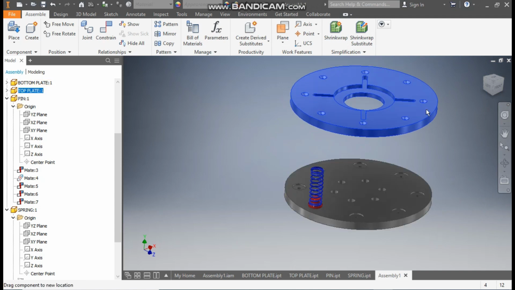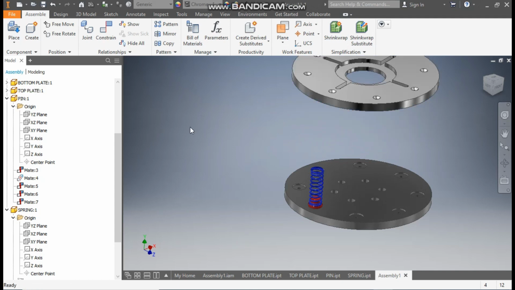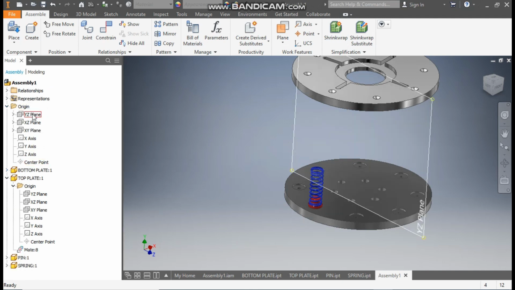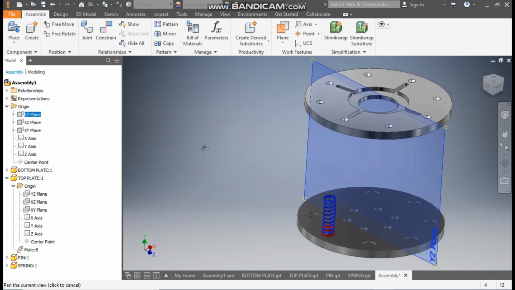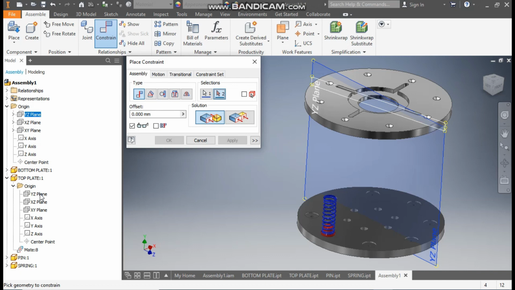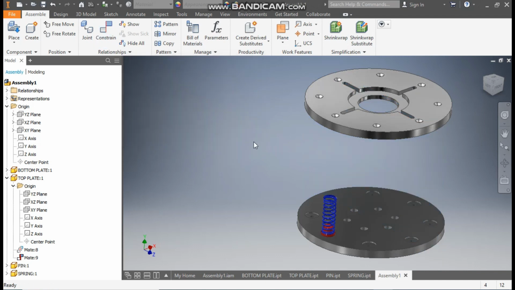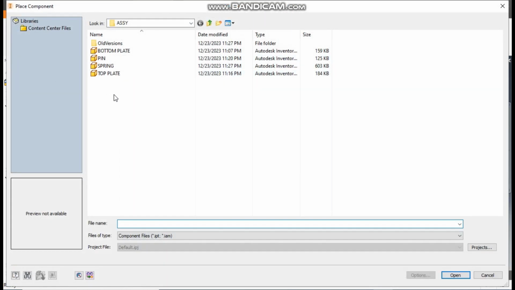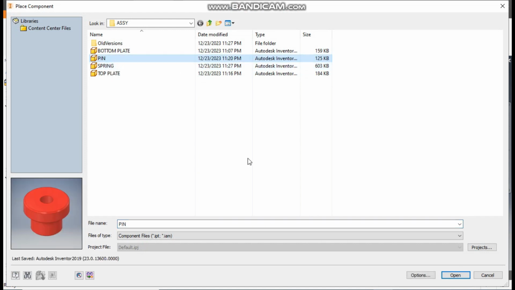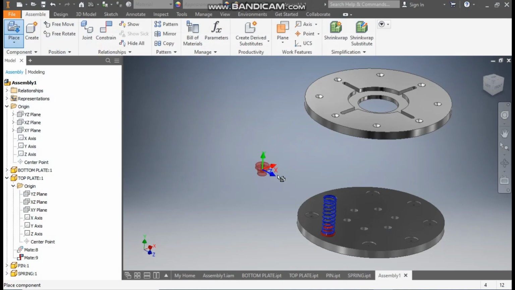First you can do one thing for freezing the rotation. Go to top plane origin. Okay, and here select the YZ plane of the assembly, constraint and YZ plane of top plane and apply, exit. Now go to place, select the pin profile, open and place it over here. Now escape,